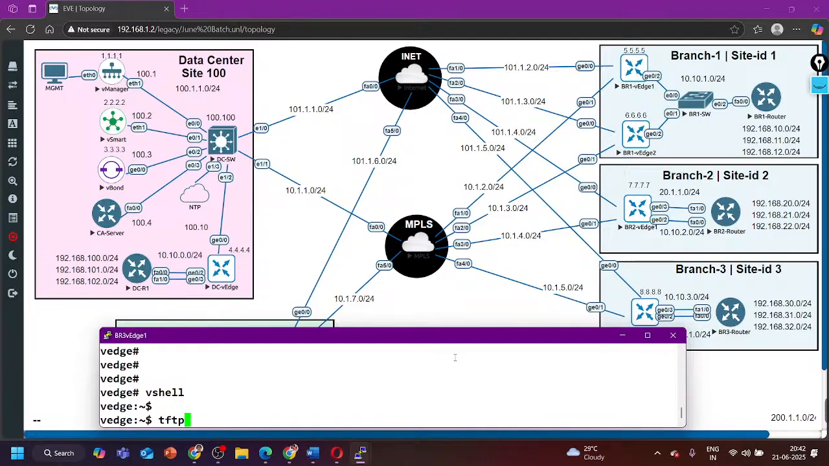and tftp -g -r pki.ca and 100.1.4. Default route, we have not added the default route, right? Yes sir. Config t, VPN 0, ip route